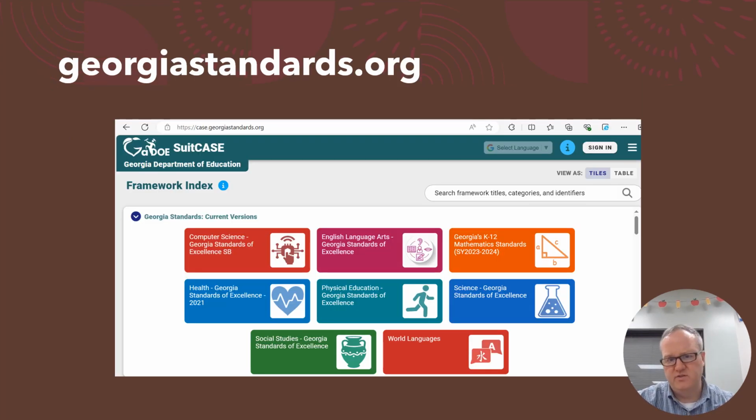So where are you going to find those objectives? Well, to do that, you are going to go to georgiastandards.org. We call this the DOE suitcase. And when you are here, you are going to see it's kind of organized according to separate subjects. The ones that I want you to primarily focus on are going to be the ones for your science, language arts, math,